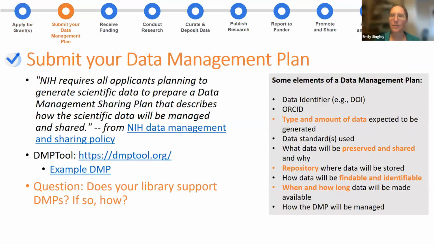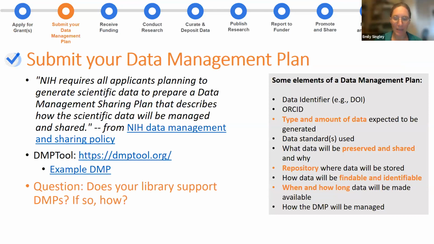And then if it's an NIH grant in particular, you're required to submit a data management plan. But this is best practice for anything that you're doing. You should have a data management plan, whether or not your research is funded. It's just a great way to start your research project off and have a really good plan for how you're going to organize your data.